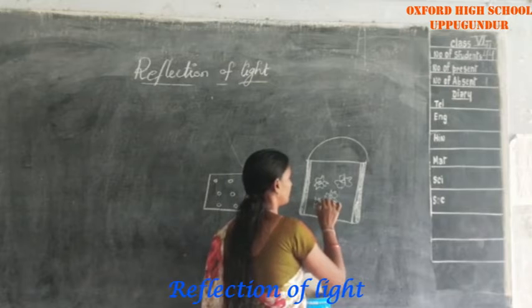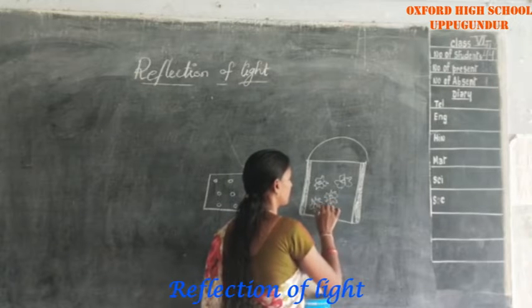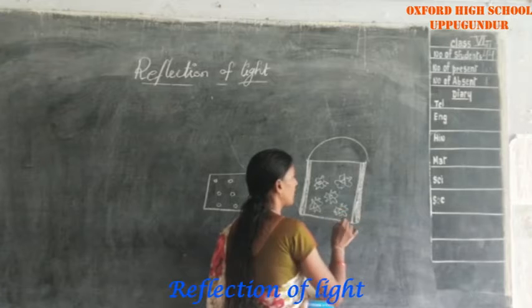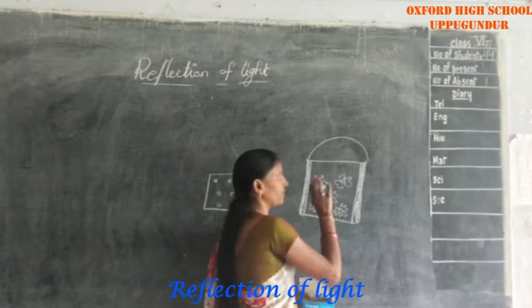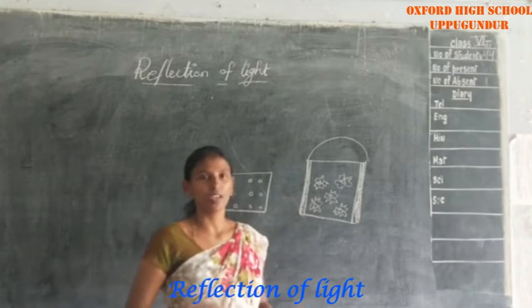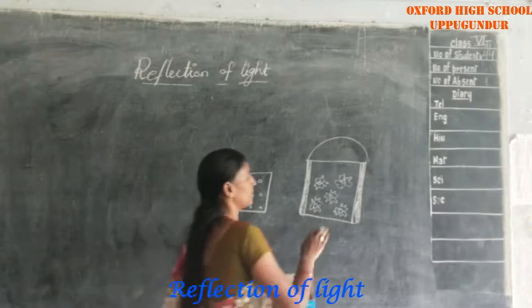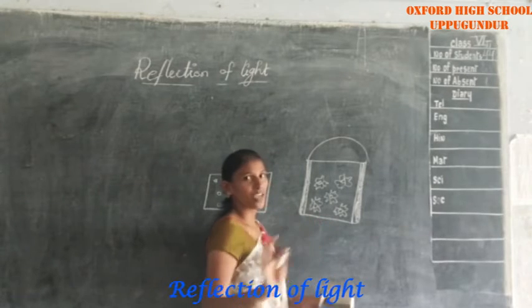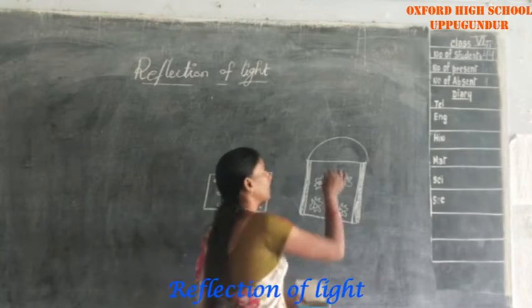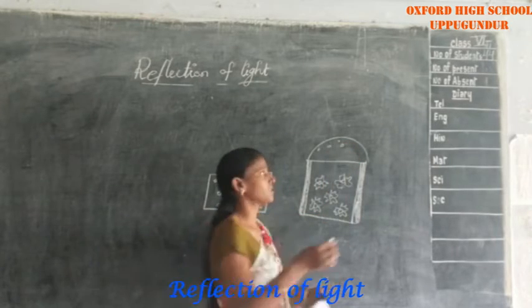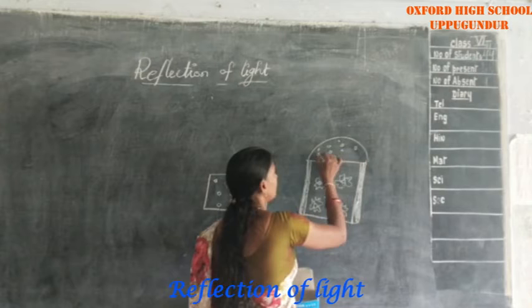Okay, here, how many flowers are we taking? 1 2 3 4 5 flowers only. Okay, 5 or more, your wish only. Okay, no problem. So now I am taking the 5 flowers only, and here keeping the holes only, na, in the upper part of the box. Yes or no? You are just keeping the holes here.